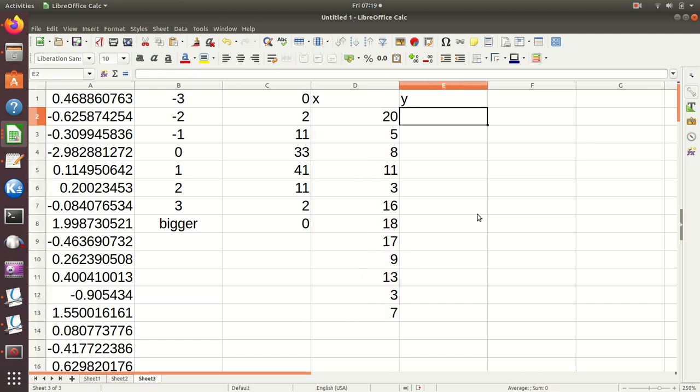And then suppose I want to generate data that is something like y equals 3x plus 2. So this is equals 3 times, here's my x value, so I click on that, plus 2, enter,